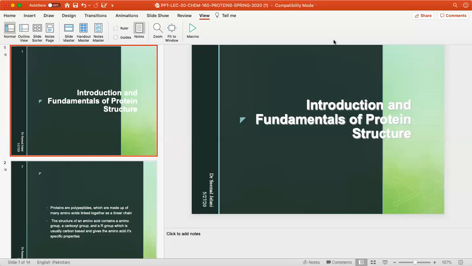Now, enzymes are biological catalysts that speed up a chemical reaction without being permanently altered. They have active sites where the substrate, the reactant, binds, and they can be either activated or inhibited, competitively or non-competitively. So this is a little bit of introduction to proteins. Let's move to the